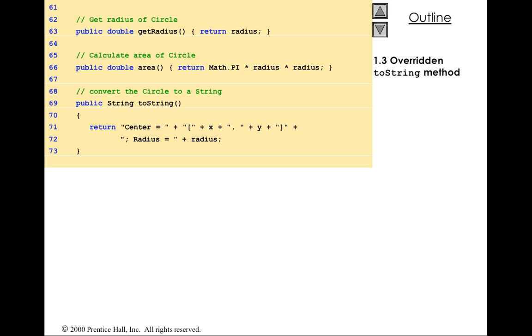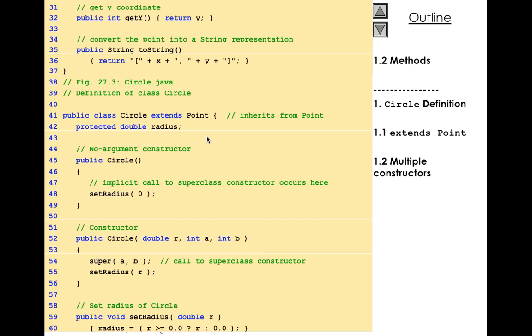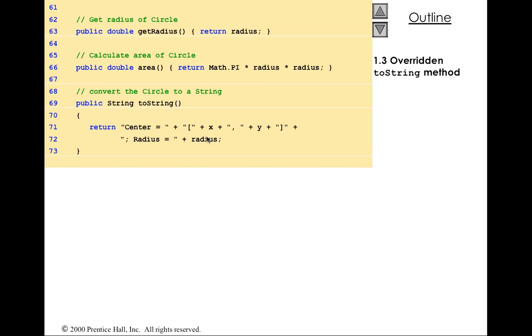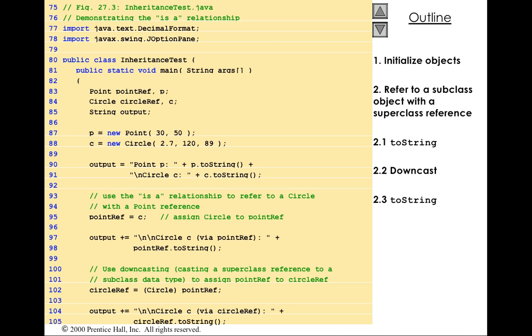So here's calculating the area of a circle, getting the radius of a circle, converting it, and overriding the toString method. In this particular example, we're overriding toString. It's not overriding the radius because we didn't inherit another class. But if we did inherit another class from it, we'd have to override it. Otherwise, the area of a circle is going to be different than if we take a point and turn it into a square or something like that. Well, I guess we could take a circle and use it in a cone in terms of putting the shapes together. But anyway, not to confuse you even further,